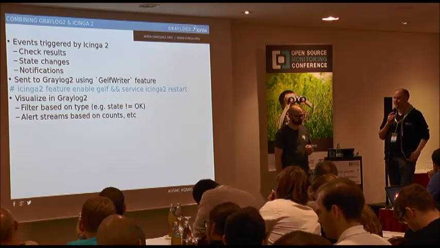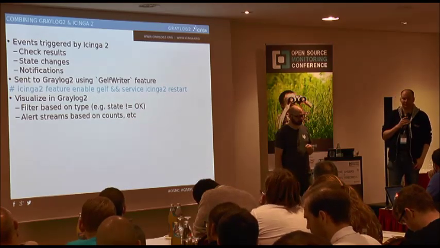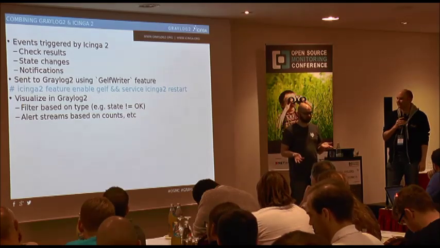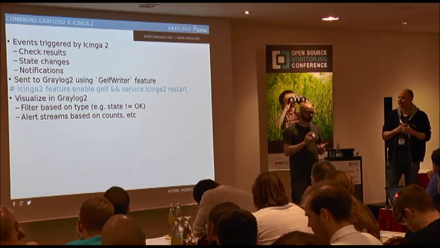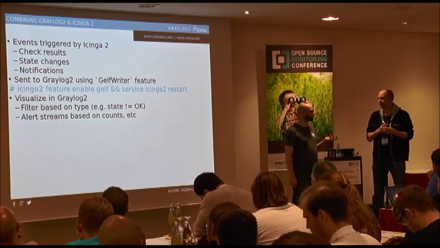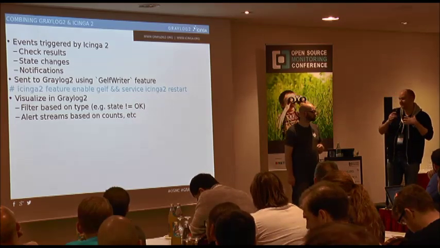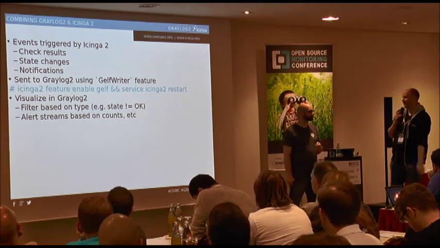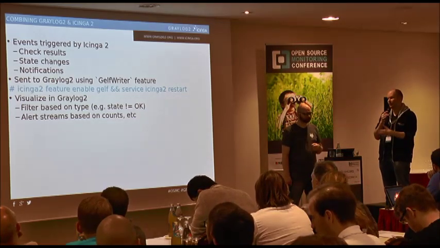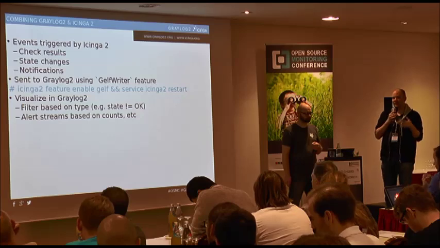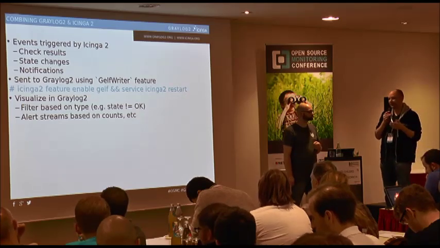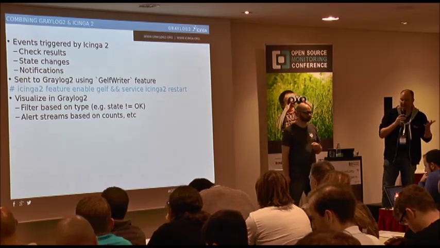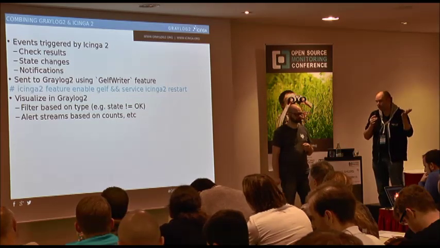So what you then get is actually in Graylog2, you get all the events. Like I said, the check results, state changes, notifications. I think there will be more in the future. Yeah, it was like, what do we actually need? That was basically the basic set, but we can actually fetch more of that. But it's also up to you what you maybe require, or what the ideas of the community are, and say, well, we need that. And we say, well, let's do it.